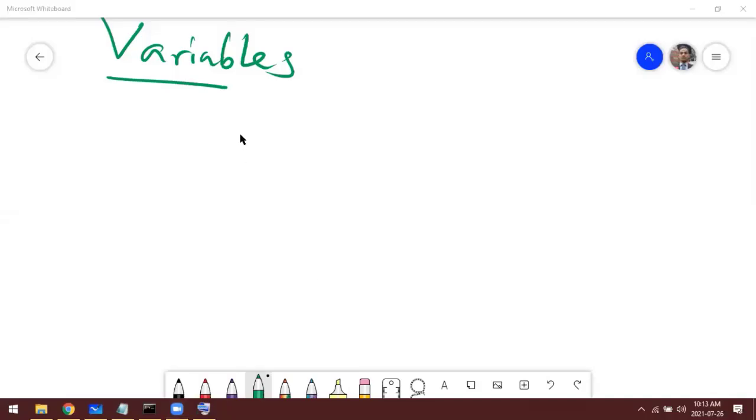Right, so now let's talk about variables. This is one of the most important things in any programming, and it is also the beauty of any programming language. Variables simply mean placeholders.